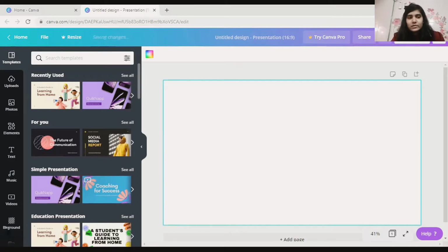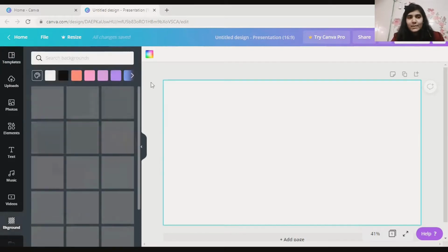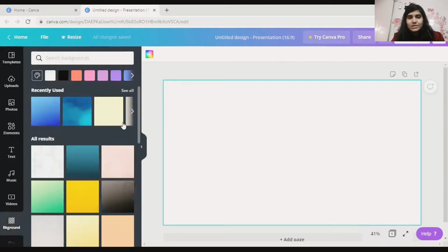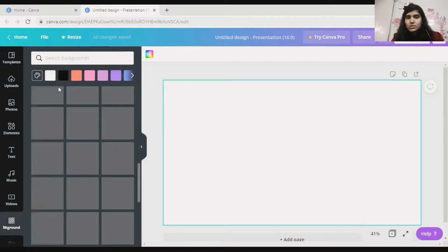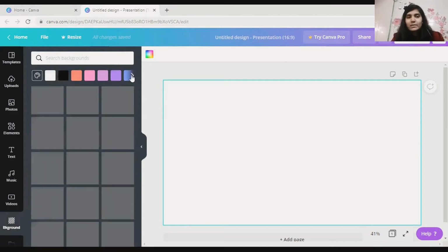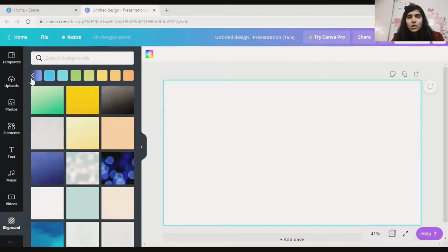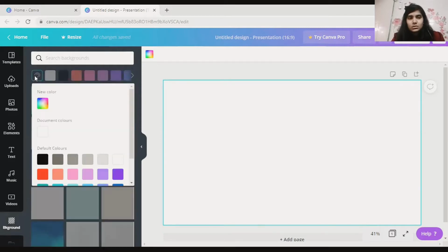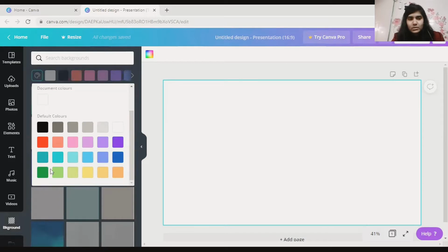So now I'm starting to create my PPT. What I'll do is change the background of the PPT. There are various texture backgrounds available here, so if you want to make use of these, you can. But what I will be doing is using a solid color. The solid color I would like to use is, yeah, here.